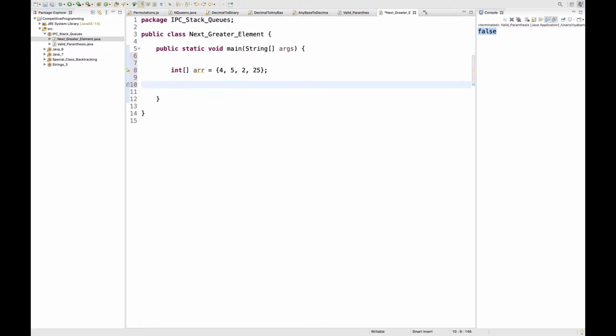Okay, let's say these are the values that are given to me. Now what I am simply going to do is print the next greater element for all of these values. Let me create a function for that, and I will write the implementation in that function only.